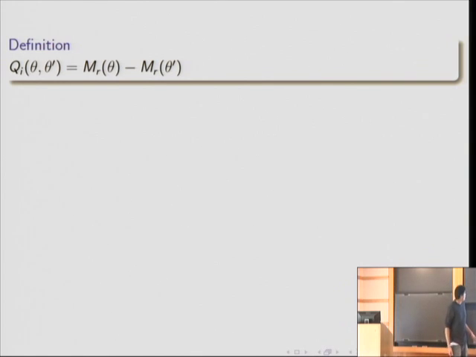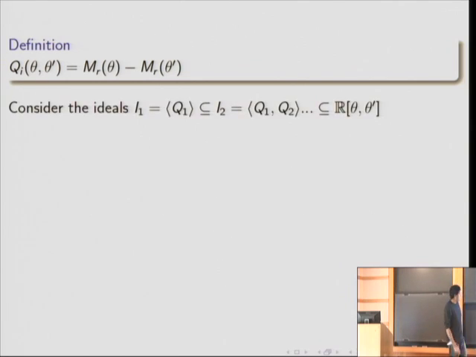Now, Belkin and Sinha's approach was first to define a set of polynomials, which are sort of moment difference polynomials. So q sub r will be a polynomial in the variables now. I'm treating both theta and theta prime as variables. In fact, it'll just be the difference of the rth moment polynomial in theta, minus the rth moment polynomial in theta prime. What is the I index there then? Oh, sorry. Yeah, this should be r. Good. So we can now use this set of polynomials to generate a sequence of ideals